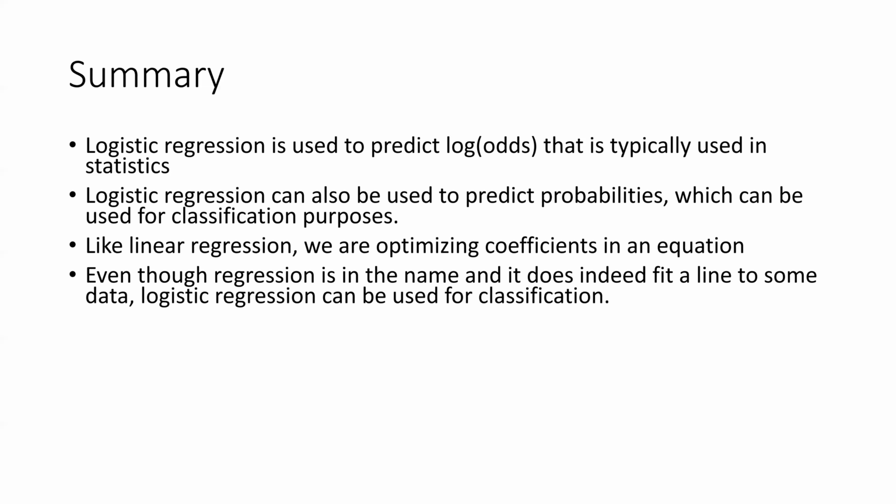Even though regression is in the name and it does fit a line, we saw it is a sigmoid function, it is a line, it's not a straight line. Logistic regression is used for classification. It's just this unique property of a sigmoid function where it takes a continuous variable on the x-axis and maps it to a value between 0 and 1 on the y-axis. So just that tiny fact turns everything on its head. It's not a regression in the sense of continuous variables against continuous variables. It's actually a classification problem using a regression technique, just for that sleight of hand. Continuous variable mapping to a value between 0